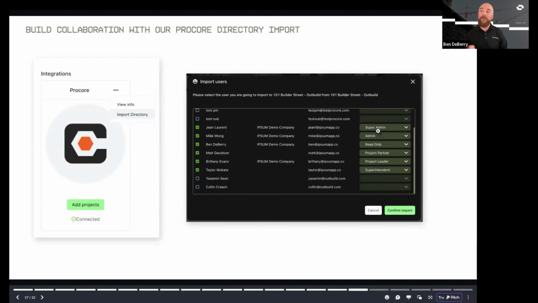And so that's going to send them an invite to Outbuild, allow them to get in here and to start using the software. And if you're familiar with our look ahead module and the way the roadblocks work, that's really the collaborative piece. We have a lot of controls in place that allows you as a GC to have your subcontractors in there and not making changes to that contract document, to that master schedule.